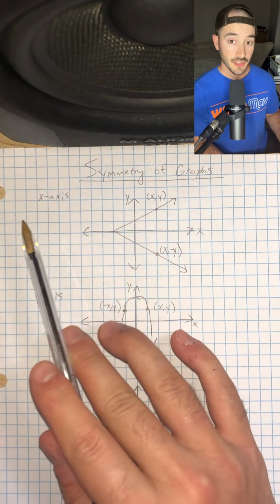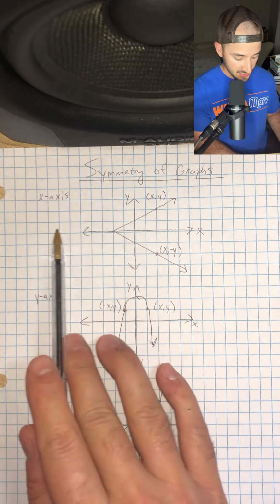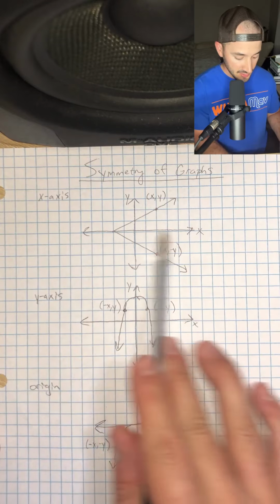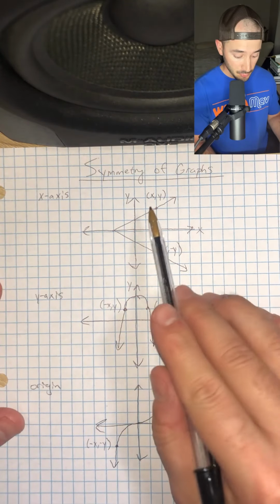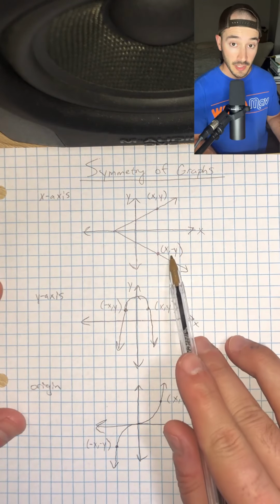First, we have graphs that are symmetrical with respect to the x-axis, okay? So you can see that the x-axis splits this graph or this line into half, okay? It's kind of like a mirror image. And so that means that if we have some point (x, y), we should also have (x, -y) on that